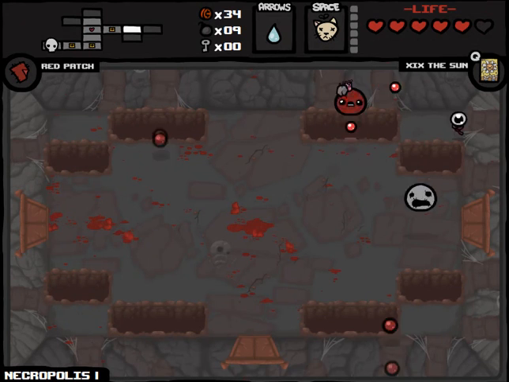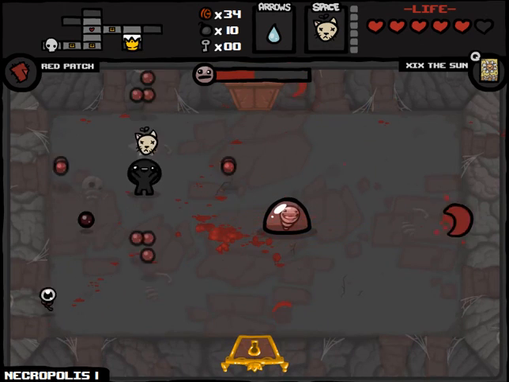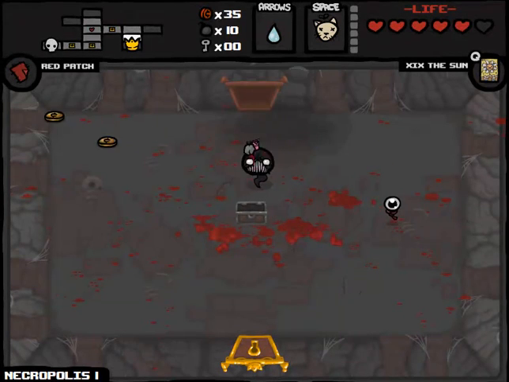And you might be noticing that I am getting hit a little bit more often here. That's to be expected considering we are on Necropolis, which is a difficult floor. But beyond that, I have the Sun card. I want to save it as long as possible, but if I have to use it, I have to use it. You know, it's not the end of the world. We are going to pick up...